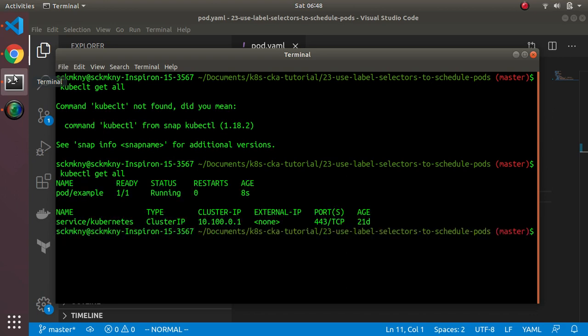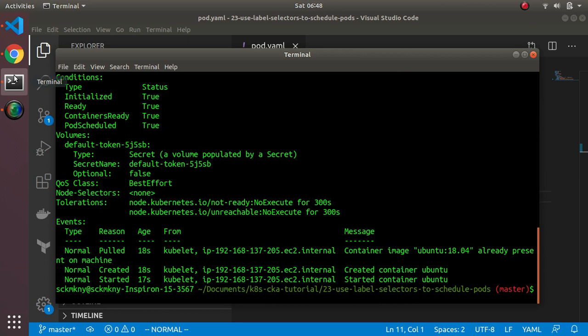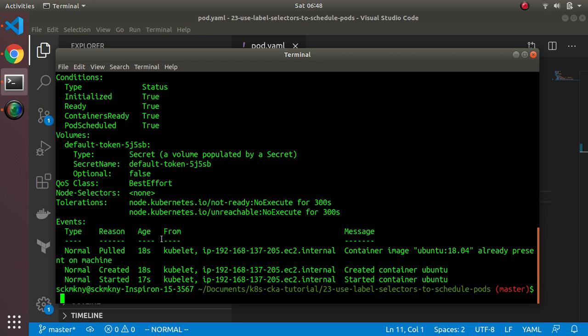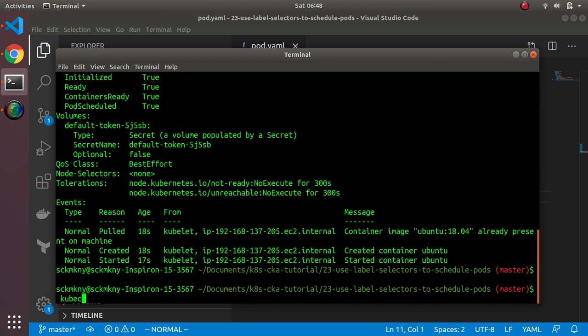So it's running. Okay. Kube control describe pod example. Right. So the important thing to notice here is that there is no message about it being scheduled. So it didn't go through the scheduler. And if I look through the events too, if I do kube control events,